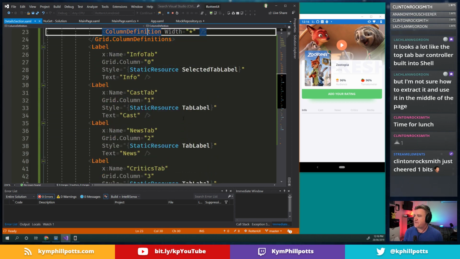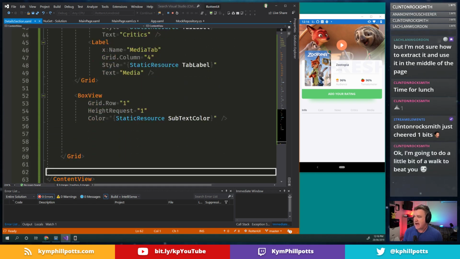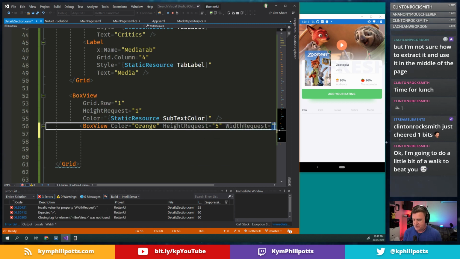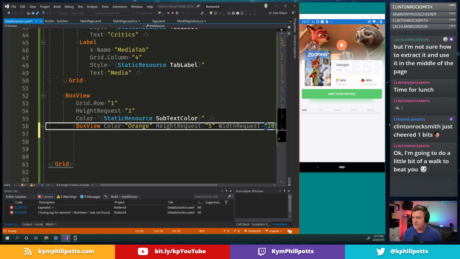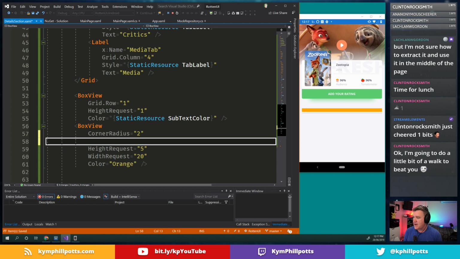All right, so this is what I'm going to do now. I'm going to say, oh, actually, before I do that, let's go and add in a little box view. Box view, color, orange, 5 high. That's not where I wanted it. So this is the little